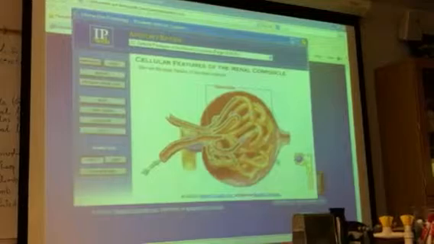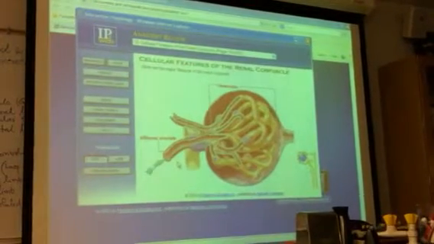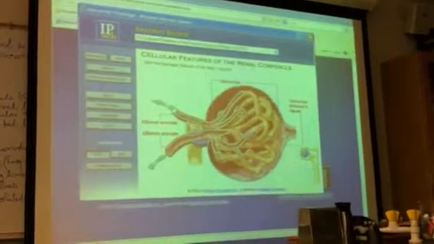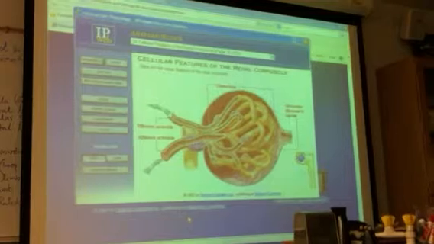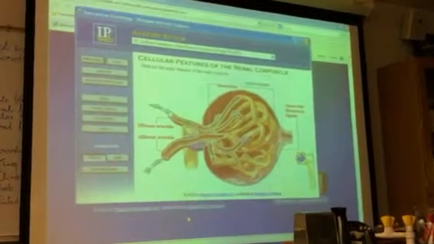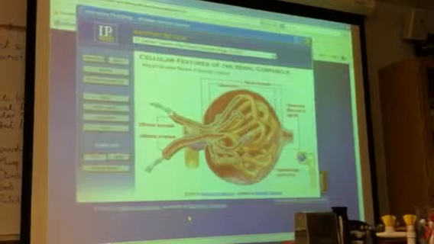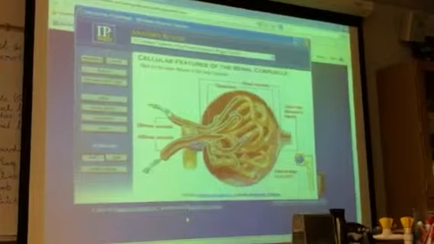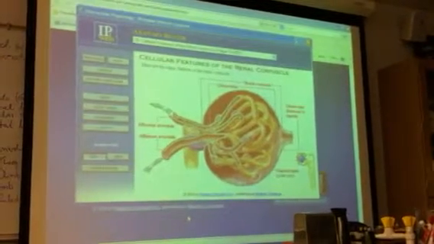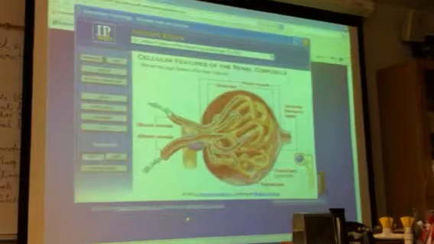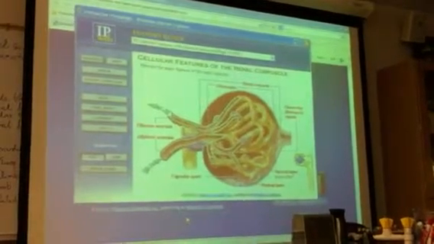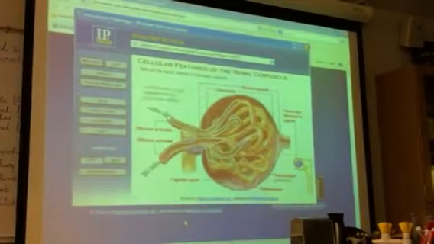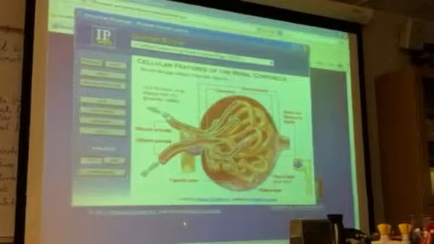The glomerulus, with its larger incoming afferent arteriole and smaller outgoing efferent arteriole, is nested within the glomerular capsule, something like a fist thrust into a balloon. Together, these structures are called the renal corpuscle. The visceral layer of the glomerular capsule is made up of specialized cells called podocytes, which surround the permeable capillaries. Between the visceral and parietal layers of the capsule lies the capsular space, which collects the fluid and solutes being filtered from the blood. Now click the box to see an enlarged view of a glomerular capillary.